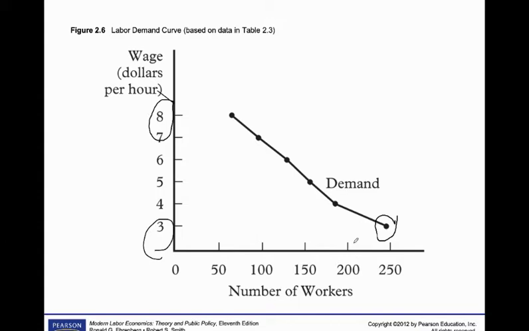Very common to many of you. Another thing for you to note is the concept of movement along the labor demand curve and shift of the labor demand curve. A movement along the labor demand curve is because of the change in the wage rate. That's number one. If we look at this diagram, and based on our earlier discussion, when the wage rate goes up from $3 to $8, this describes the movement along the demand curve.